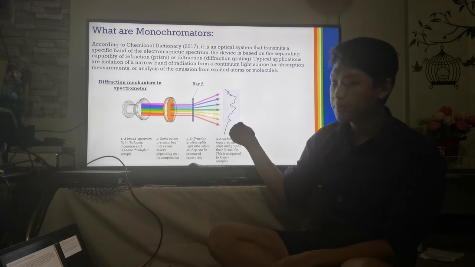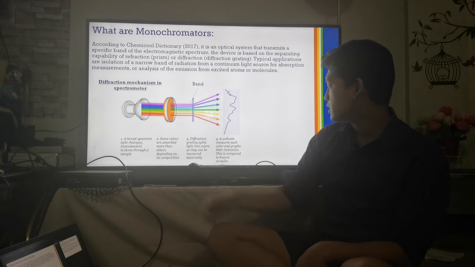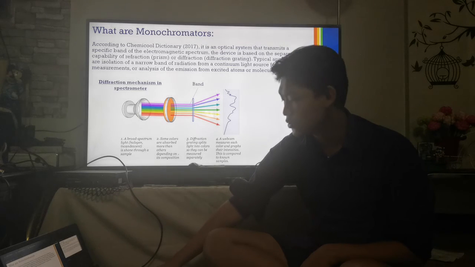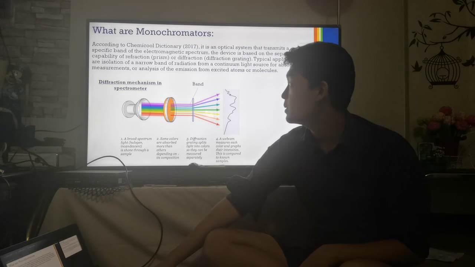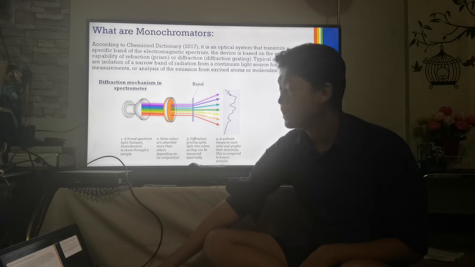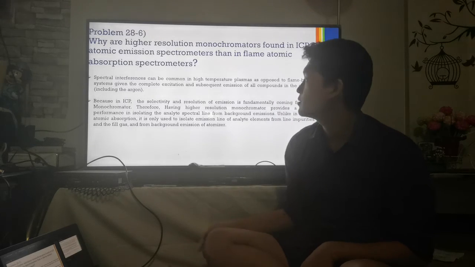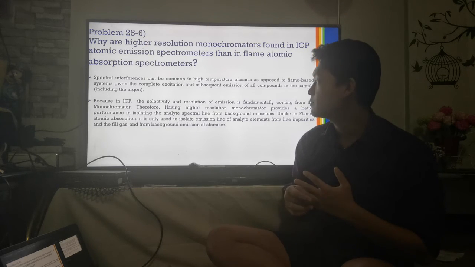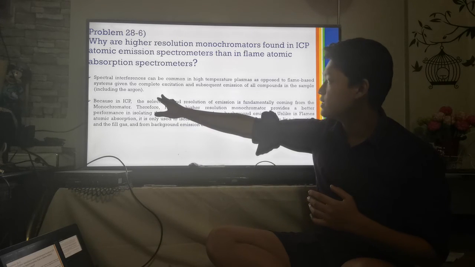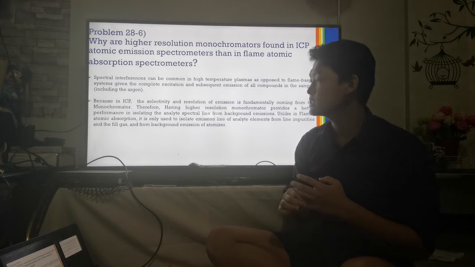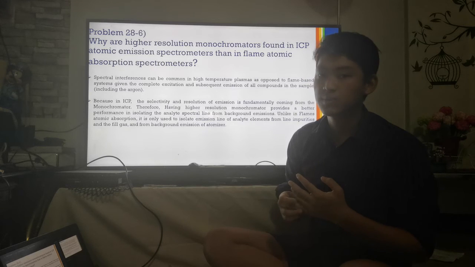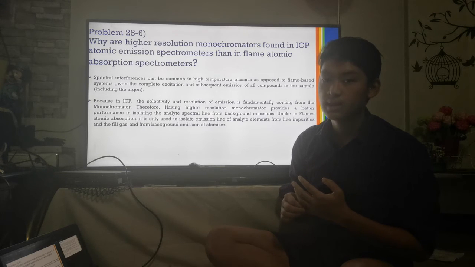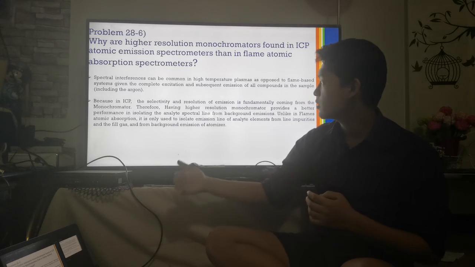So using a webcam or a detector, we can measure each color in graphs and their intensities, and compare them to known samples to understand which element or ions we want to know from the air. So from here, we can therefore conclude, to answer our problem, that spectral interferences, or the difference in the lines that were produced and detected through the light shown from the intensity from the monochromator,